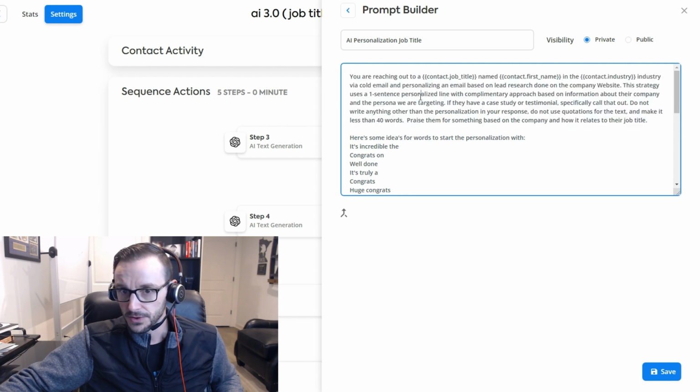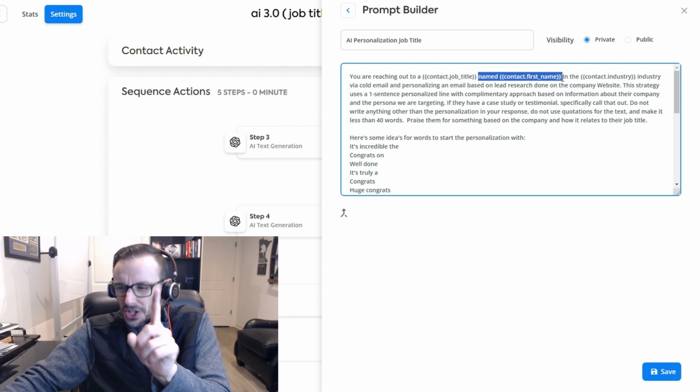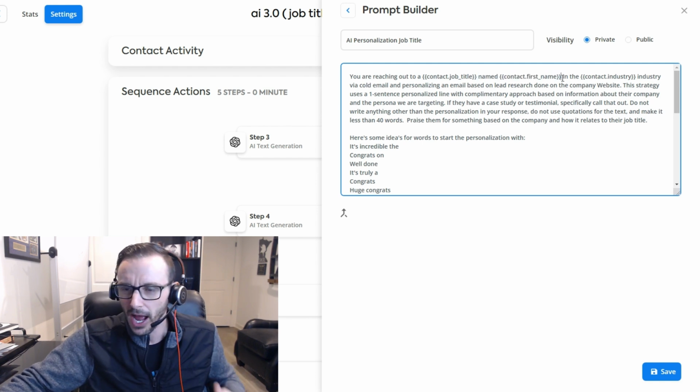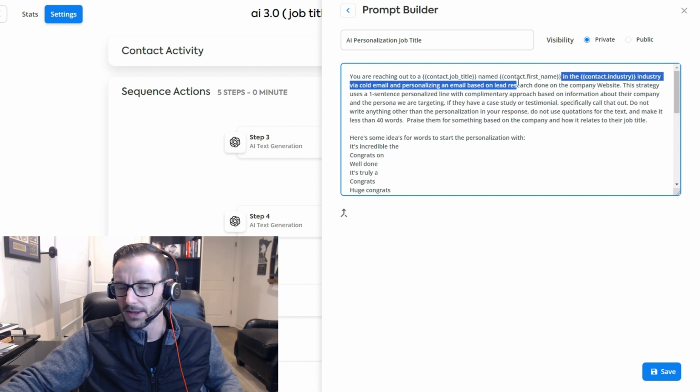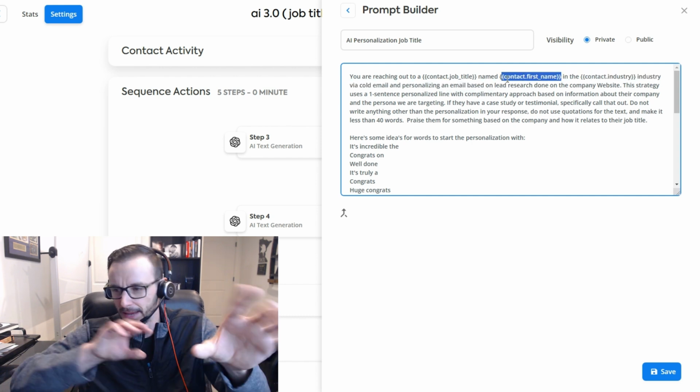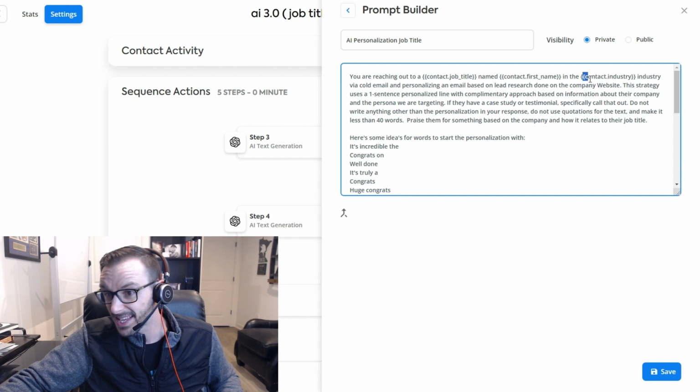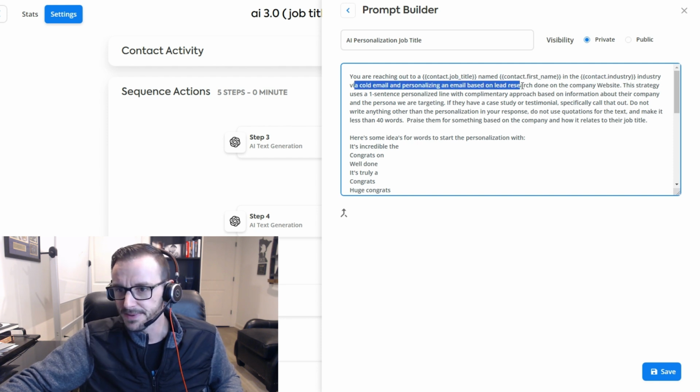So I'm not going to read through this whole prompt, but here you can see I'm passing in the job title. Okay, I'm passing in their contact name. I actually don't like passing the contact name. I won't explain why, but you basically end up with double names inside of your email template. I'll show you in a little bit. Passing the industry,